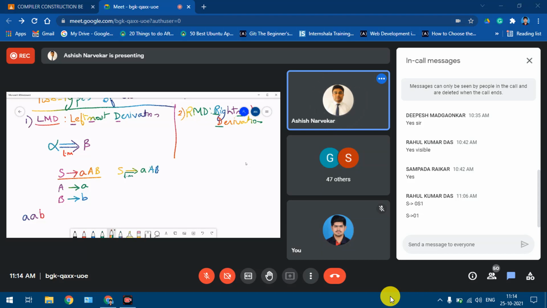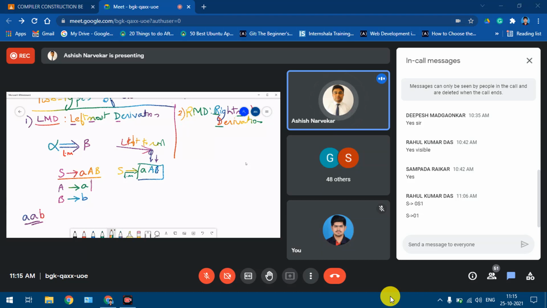Now in this we can see that there are two symbols, that is, two non-terminals or two variables: this is first and this is second. If you scan this production from left to right, then on the right hand side we need to look out for the first non-terminal, and that needs to be replaced by some appropriate production from the available production rules. So S derives this, and I want to generate this particular string, so I need to look at what can be replaced.